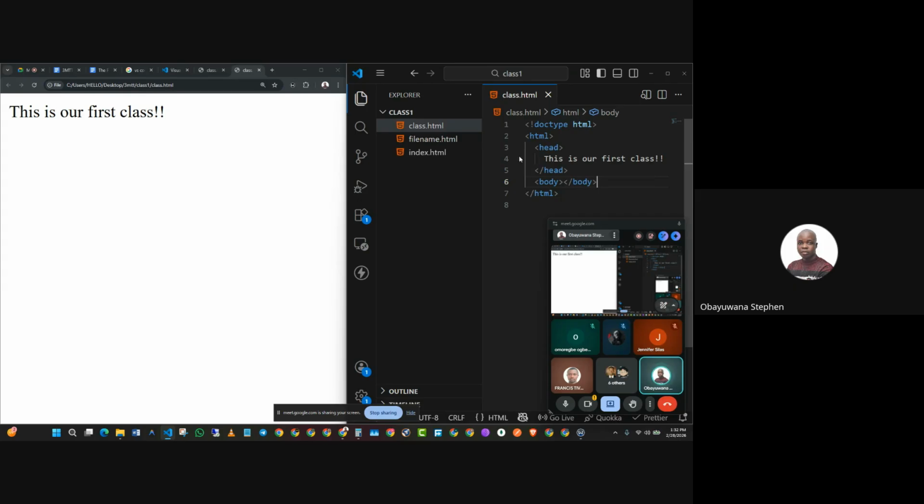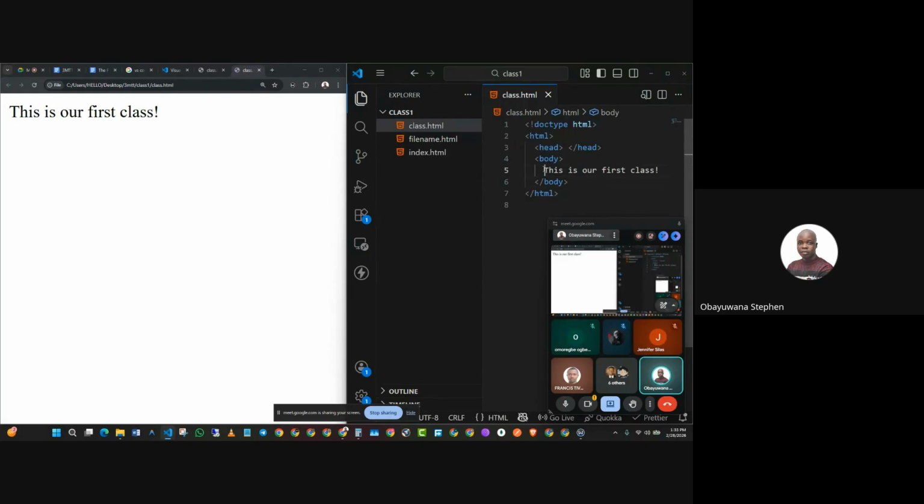The right way to add your content, what you want to display on the web page, is to add it inside your body tag. For instance, this text, we have to take it from the head and place it inside our body tag. Then when you refresh the page, you see that it's also going to display. Let me remove this. You can see it now. That is also going to display. But I'll tell you that this is not